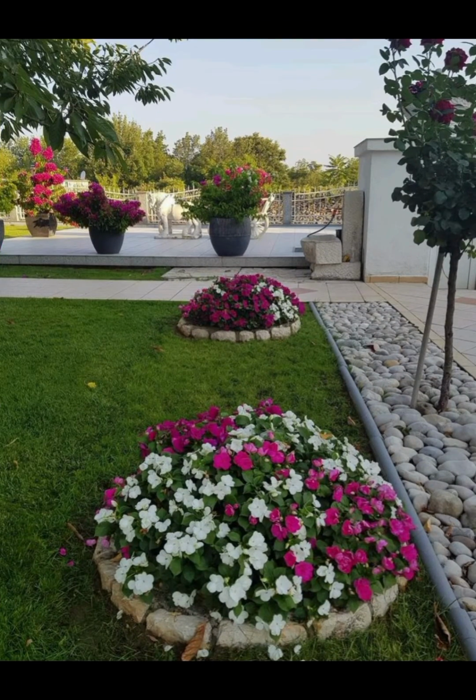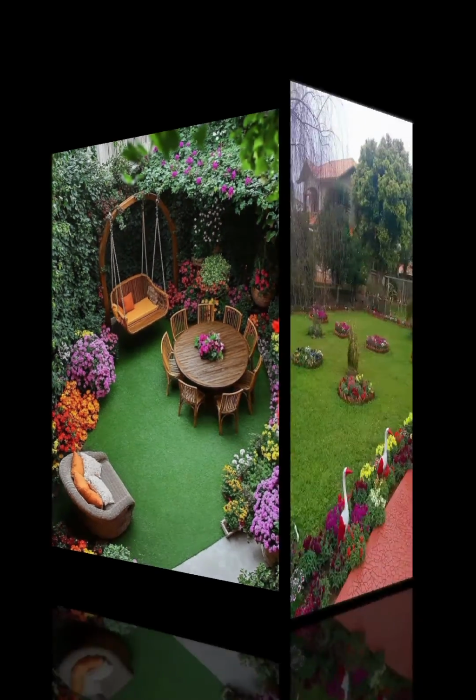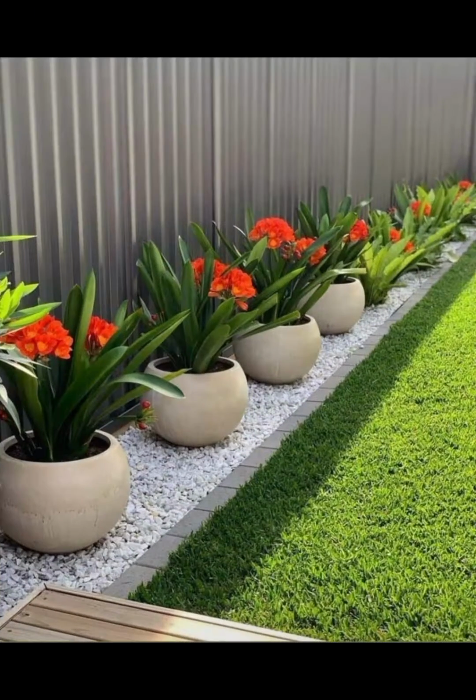Color and texture is another aspect of garden design which is very important that you have to consider. Play with color combinations and textures to create visual interest. Grow plants with similar color